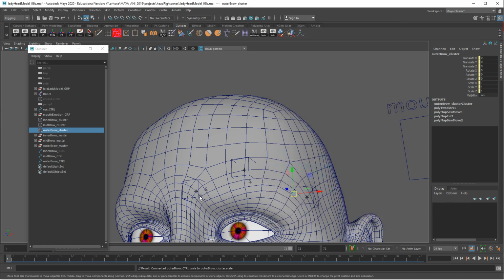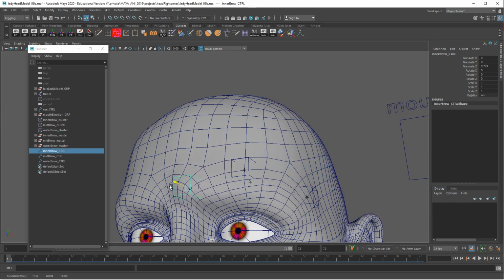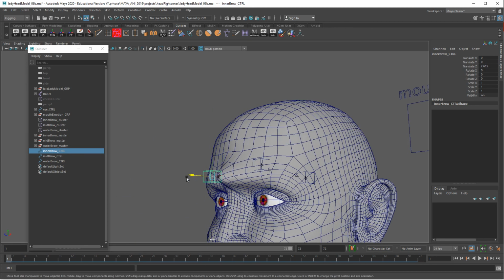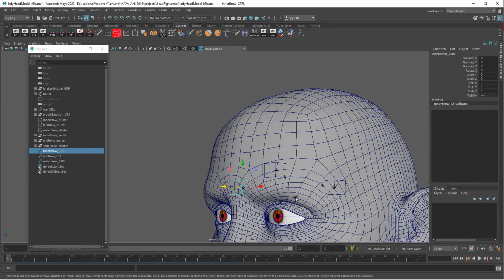And I can close that, and what I should get now is when the cluster moves. Now we are getting a little bit of a weird, right? You can see how this is moving further than the actual object. So that's a bit of a problem. So what we're going to do is on top of this control, I'm going to do